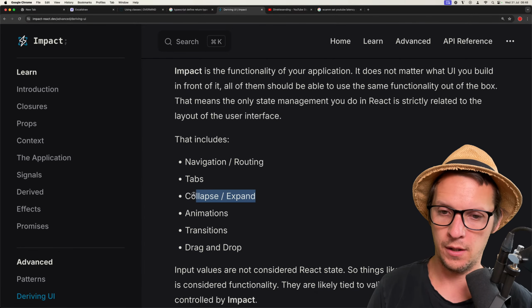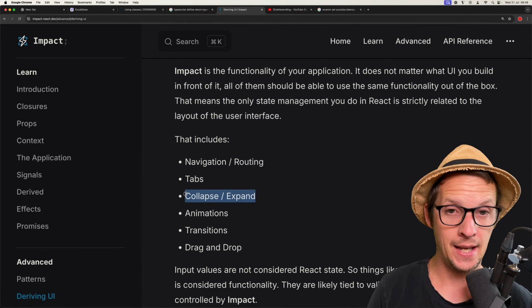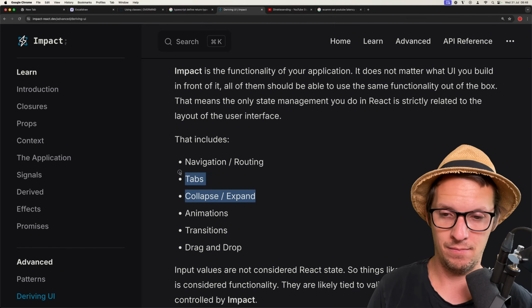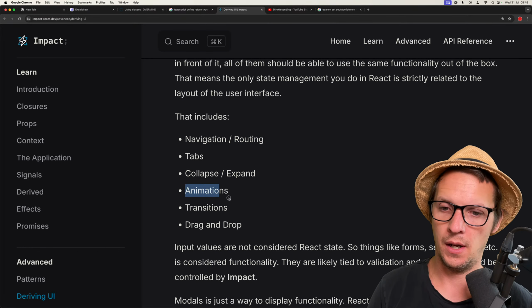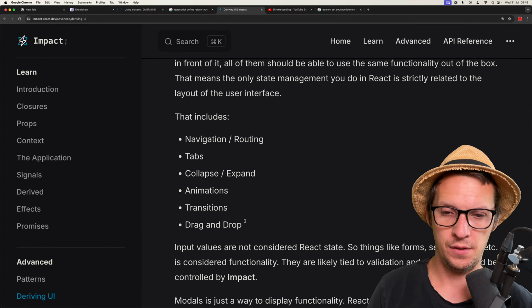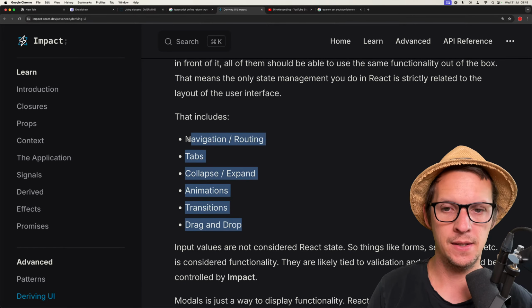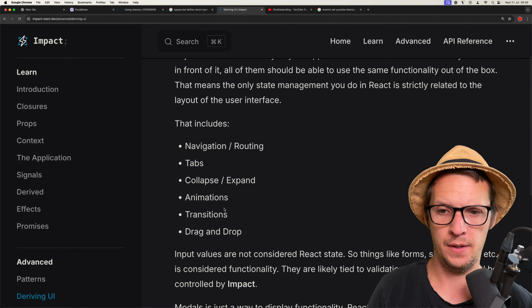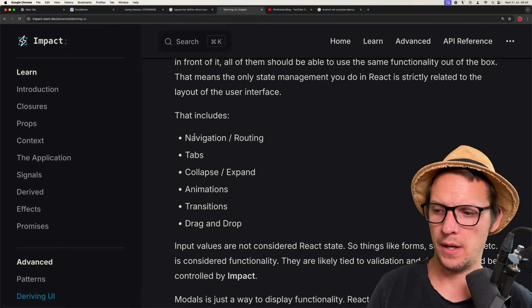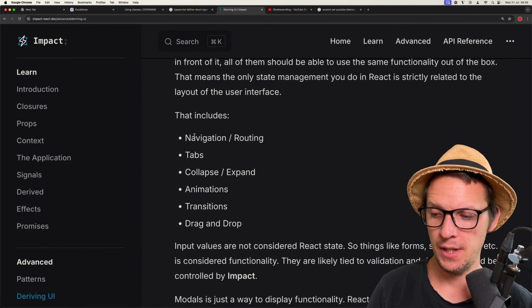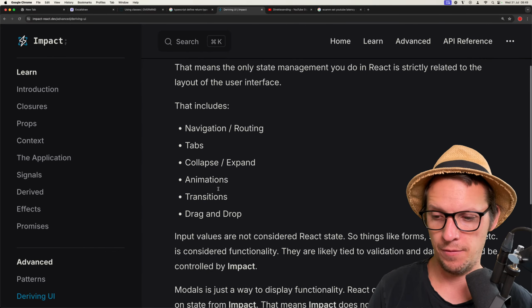But like collapse, expand, again, you might want to persist that forever. So that means that should also be part of Impact. But animations, transitions, drag and drop, you don't want that state to be in Impact for sure. So it's really hard to differentiate this.